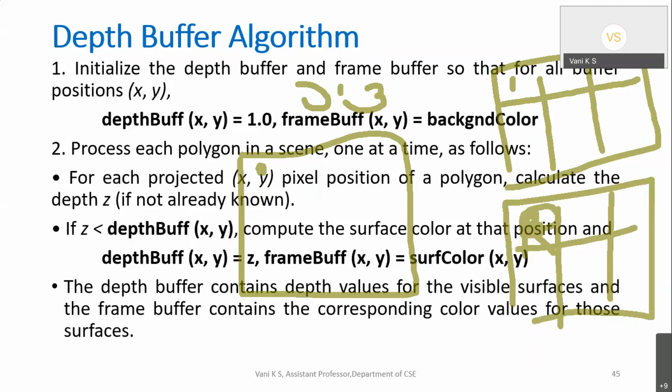The contents of the depth buffer are nothing but whichever has the least depth information. In the sense, the pixels nearer to us, which are visible from our point of view, will have the least depth. The pixels having maximum depth value, away from our view plane, will not be captured. So this is how the depth buffer algorithm runs for all the pixels of all the objects.